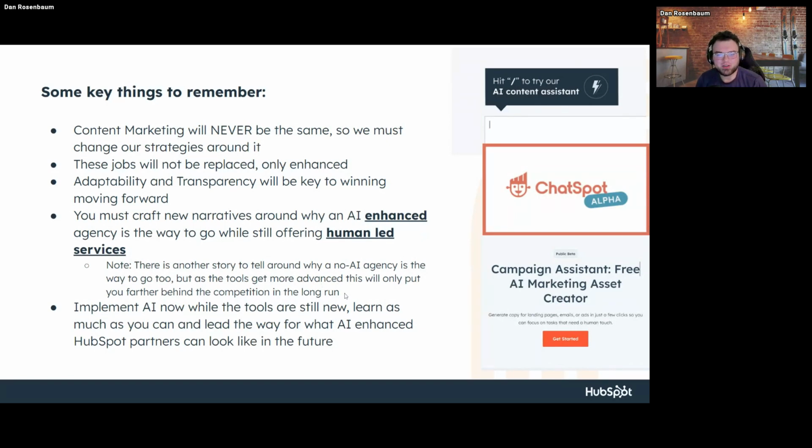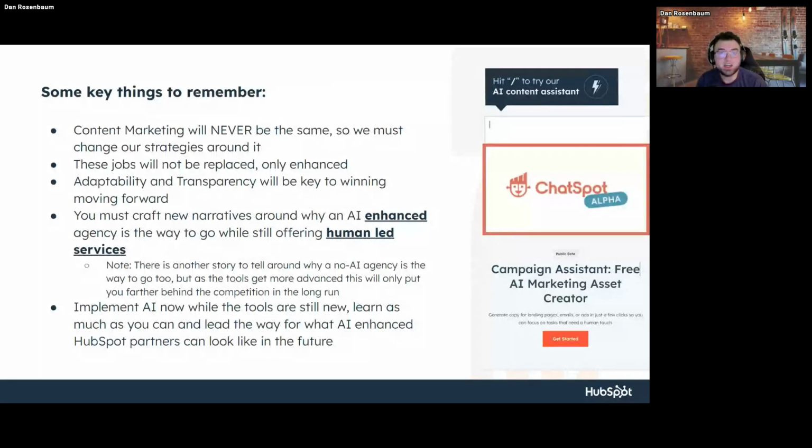Make sure that you're at least starting the process of thinking about how you can use these tools ethically and responsibly, while still having a human touch and just taking the admin stuff out of your day. And implement AI now. The tools are still new, even if it seems like it's been forever since these things have been out and you're so far behind.